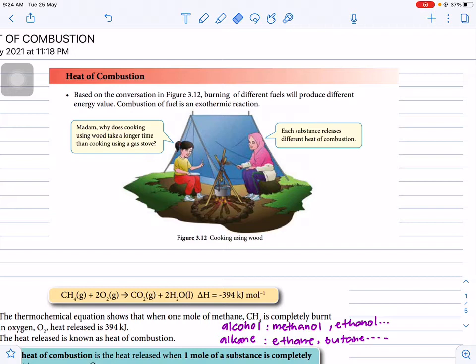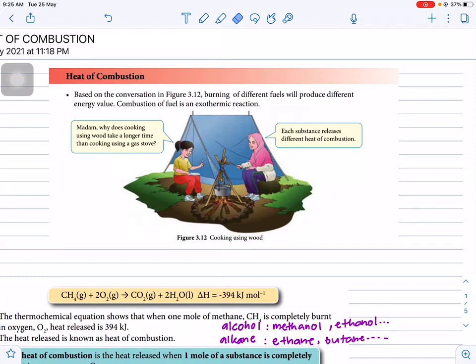So today we're going to continue our topic thermochemistry under subtopic heat of combustion. We already learned three heats previously, in the previous lesson, which are heat of precipitation, heat of displacement, and also heat of neutralization. Okay. So basically, in our daily life, we always conduct the combustion process, the combustion reaction, whereby at the kitchen,